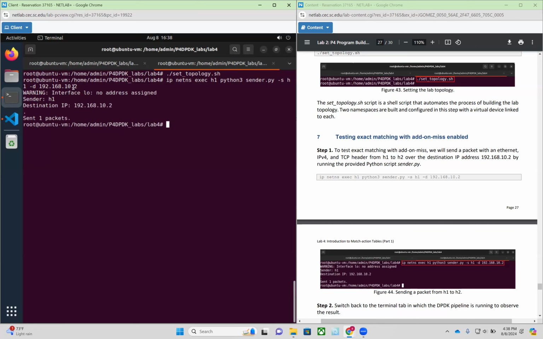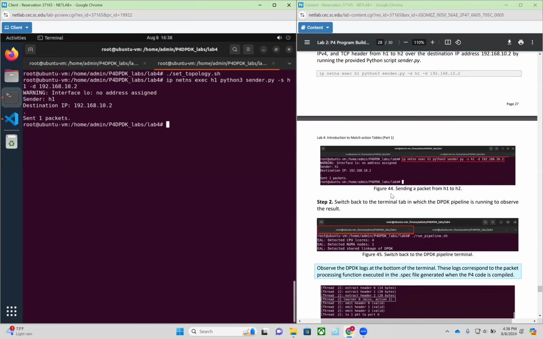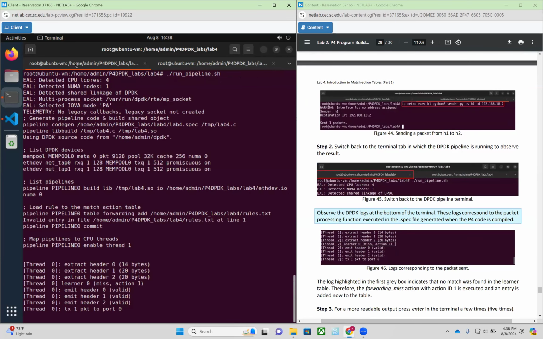So once we send this packet, if we navigate back to the pipeline, you can see that we extracted the headers and we have learner here, and it has a miss. The miss occurred because we have no entries inside the table. No entries means once we observe a new packet, it should be a miss. And after a miss occurs, because we enabled add on miss, we know that a new entry is added